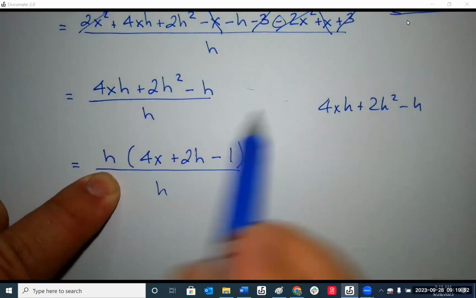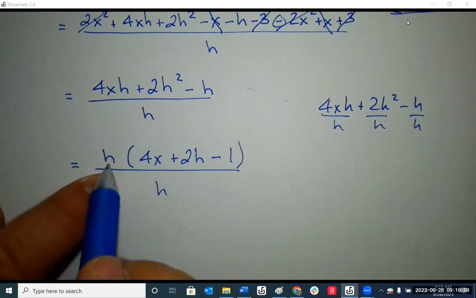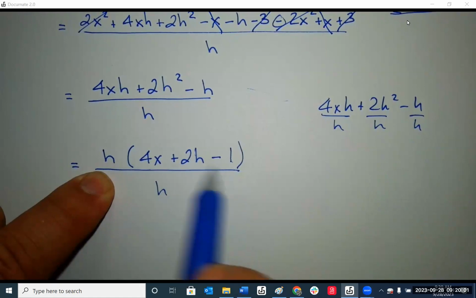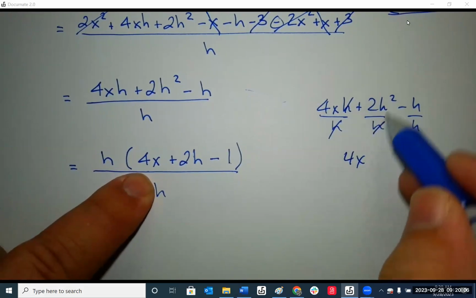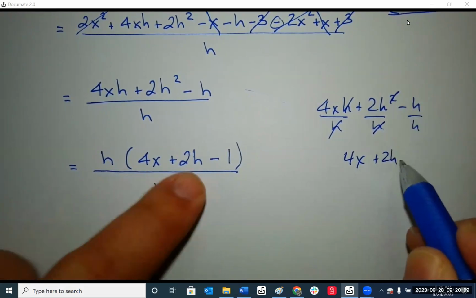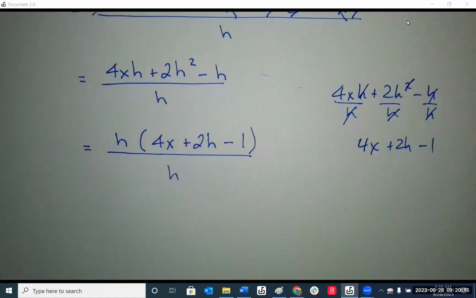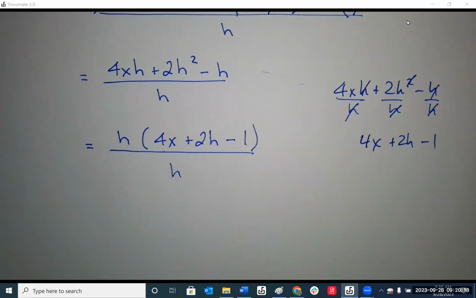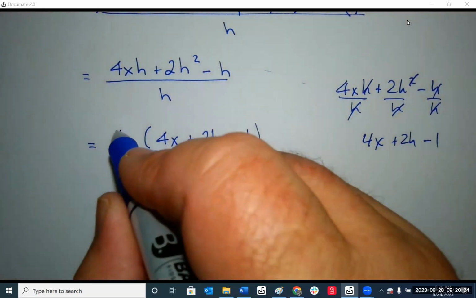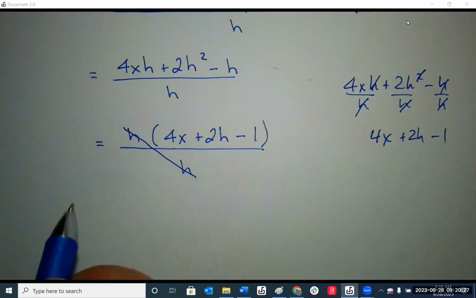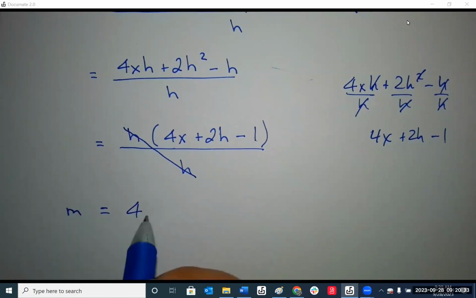we had this equation here. We took out an h. So divide each one of these by h, because we took it out. Whatever's left goes inside here. So the h's cancel here, so it's a 4x. One h cancels, so it's a 2h. And these cancel, so it's a 1. The h's cancel. So our slope